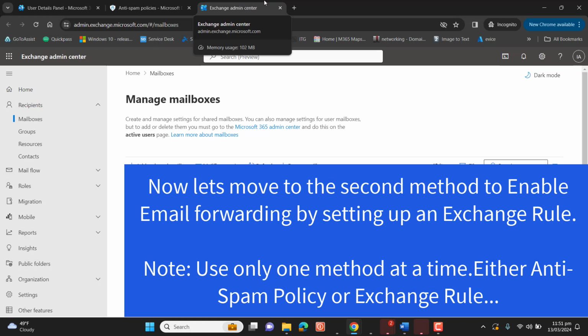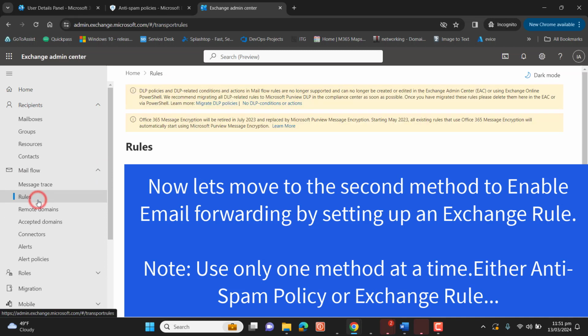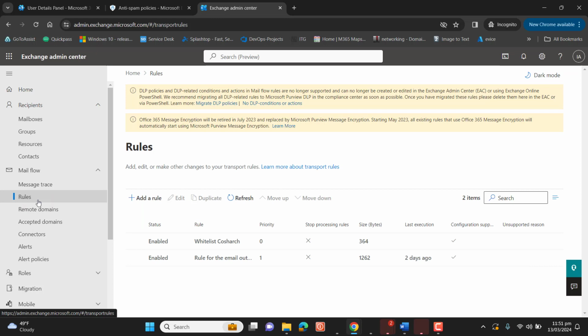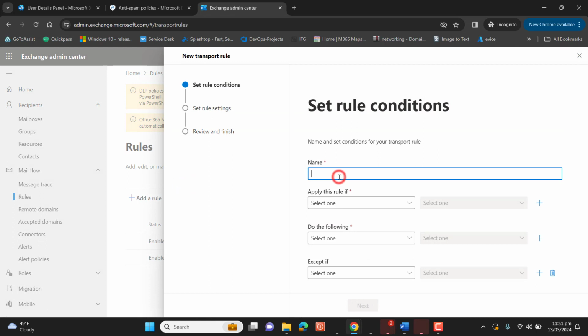So once you are in Exchange Admin Center, you can create a mail flow rule to allow email forwarding for an individual or more than one user. So in Exchange, you have to go to add a rule and then go to create new rule. Let's name the rule: Allow email forwarding for